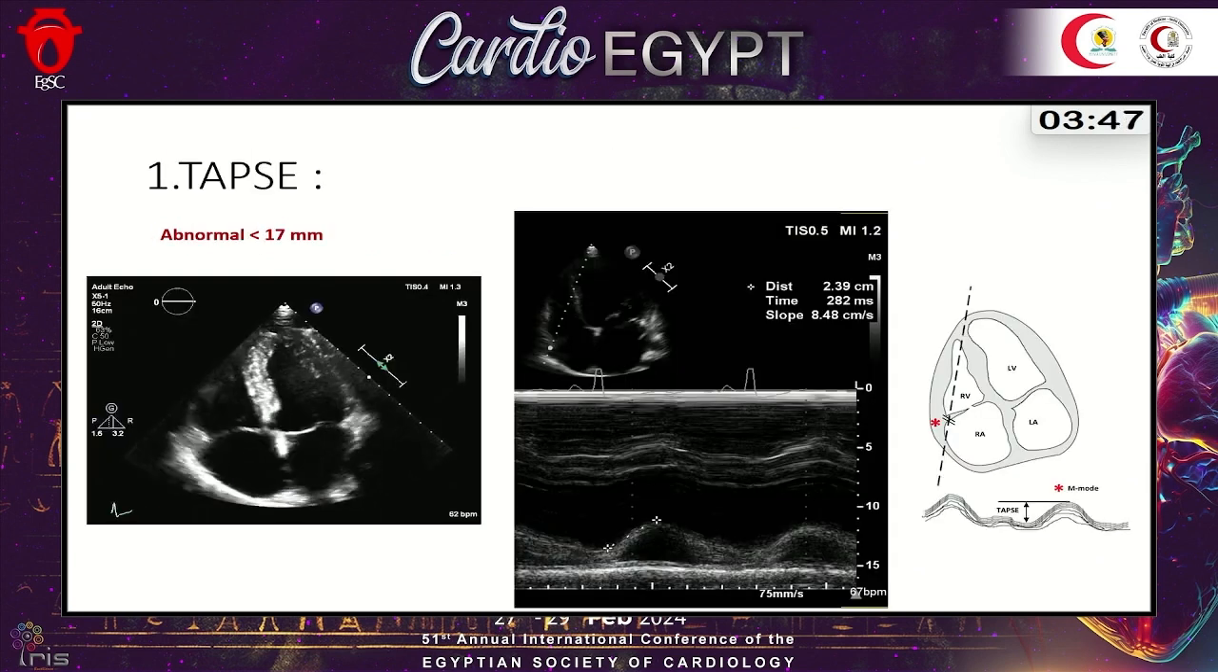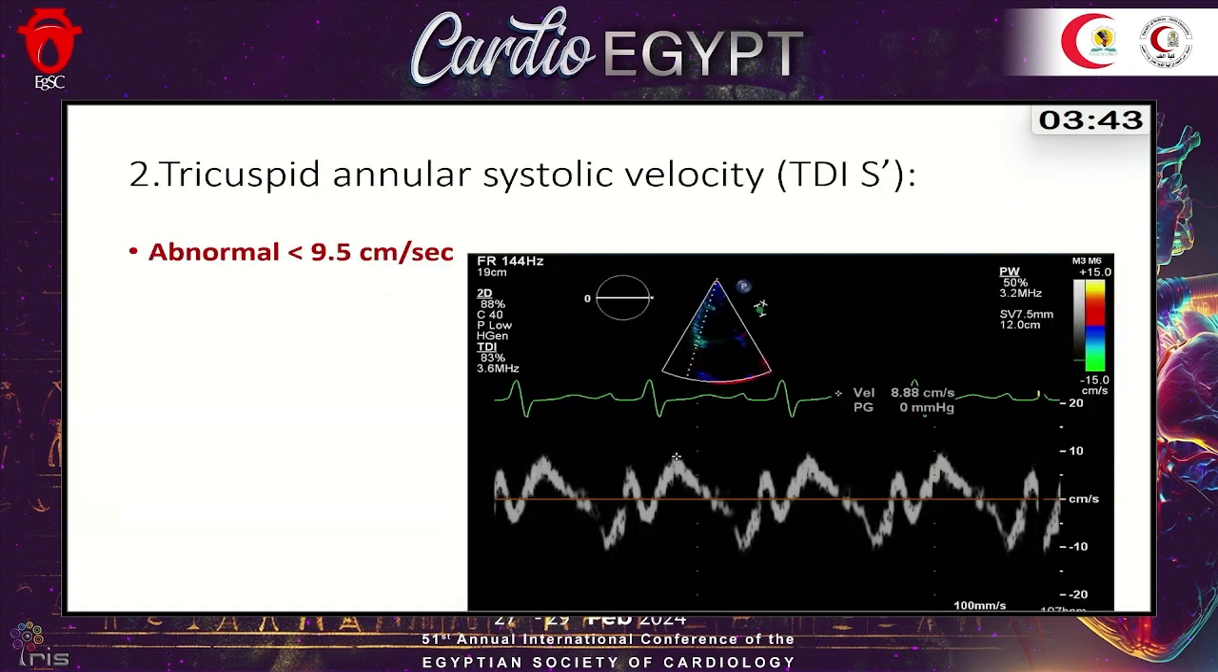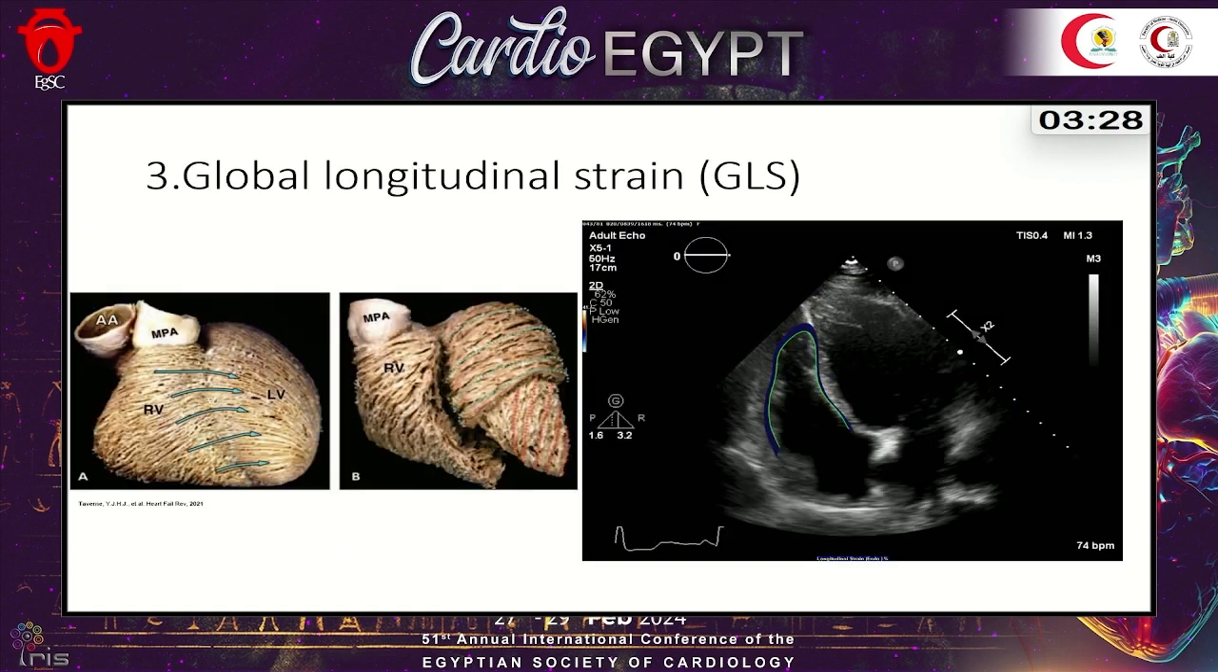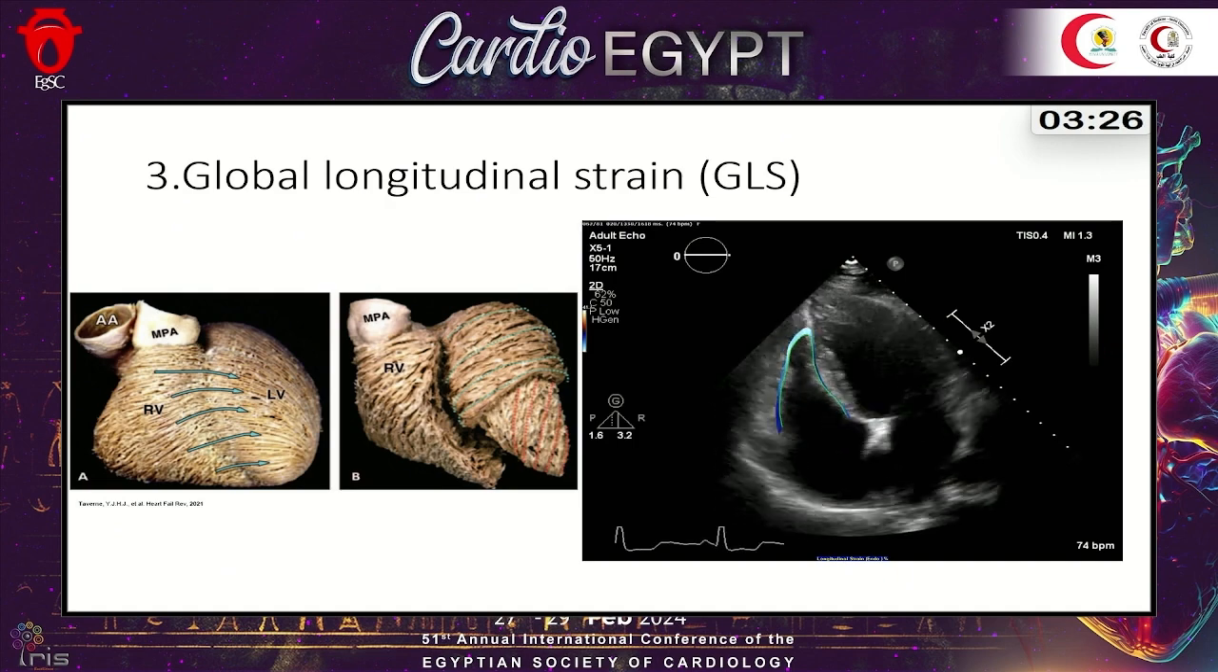Rapidly, the TAPSE by M mode at the lateral annulus is abnormal if it's less than 17. Of course, it has limitations: if the patient has any tricuspid repair, it is not applicable. Tissue Doppler, if it's less than 9.5 centimeter per second, is considered abnormal, and also it's angle dependent and heart rate dependent. Global longitudinal strain, which is